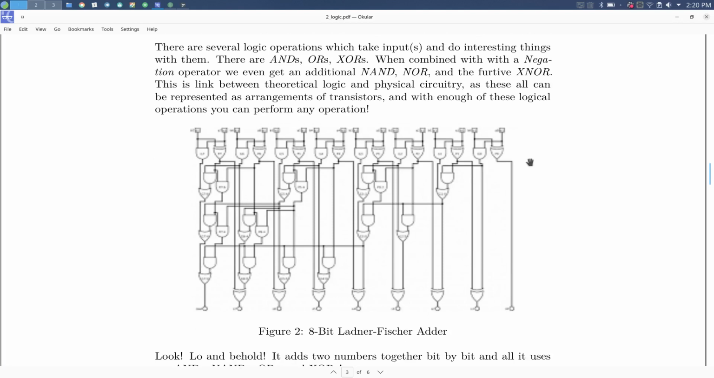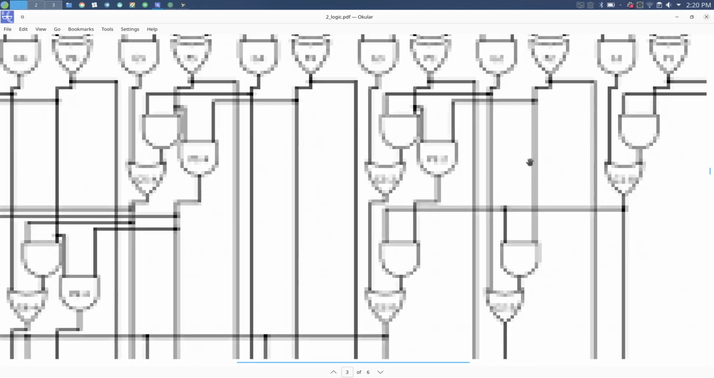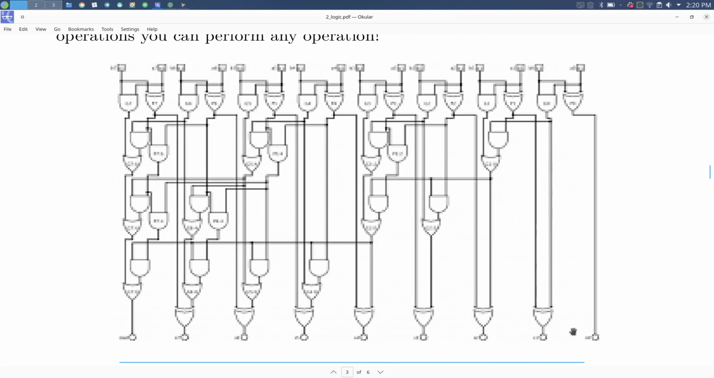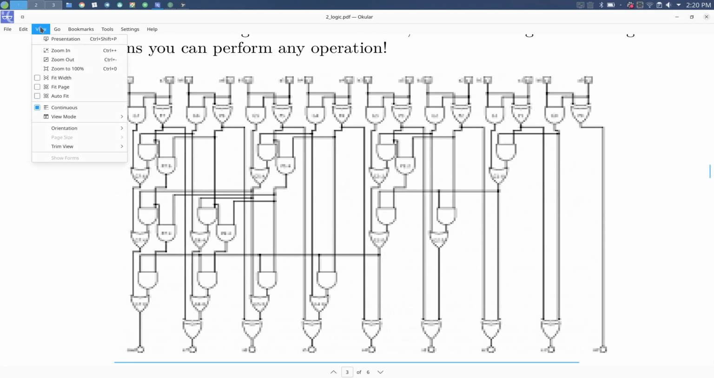There's a cool little diagram here. It's very messy and you can't actually see what any of these are, but you can see that it's sort of like XOR and OR gates all the way down. And this is what's called a full adder. So the weird thing about what's going on here is that each of these,